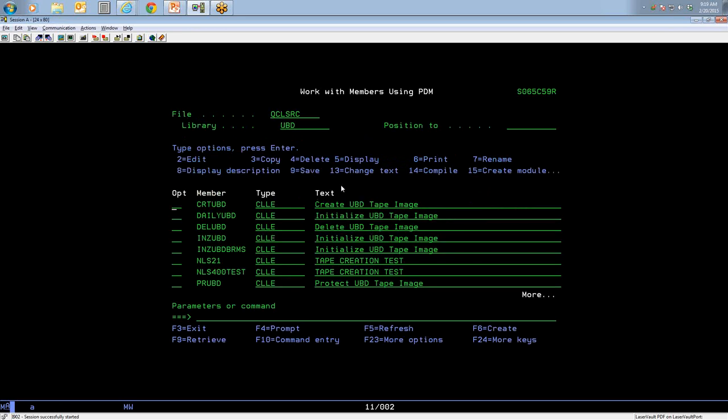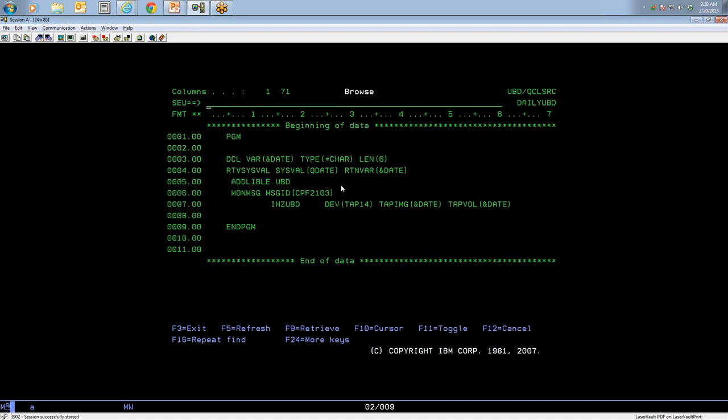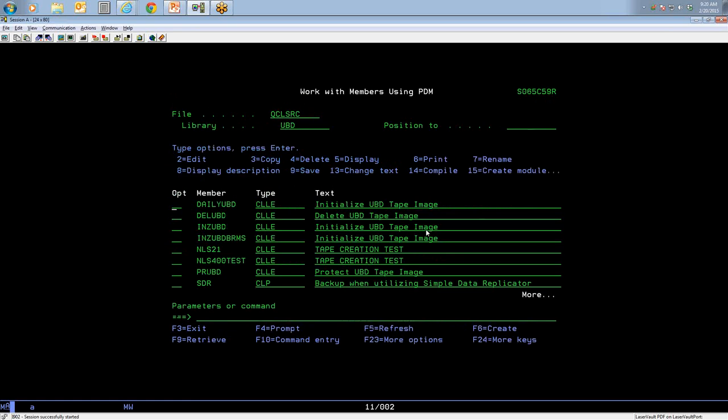So we provide the commands that I just showed you a minute ago. We provide the source for those commands if you need to copy any of them and use those in your procedure for your backup process, or to create your own procedure for creating tape images or mounting tape images. I'm going to use daily UBD to create my tape image, because I'm using the system date, Q date, returning that to a variable &date and passing that to the tape image name and the volume name. So this is going to create my tape image file using the system date for the tape image name and the volume. So let's just run that